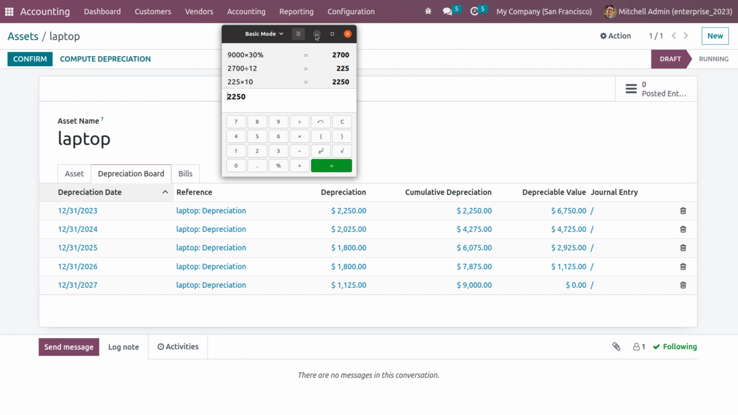Now you can subtract this amount from 9,000. So you will get the depreciable amount. So just subtract it from 9,000. So you will get a depreciable amount that is 6,750. And you have to again consider the 30% of this value. So for that, 30%. So you will get 2,025 as the amount, and you can see the cumulative depreciation